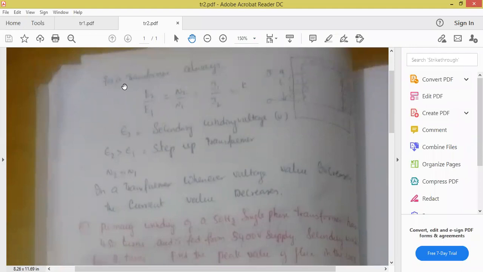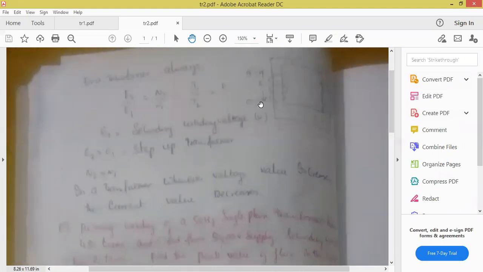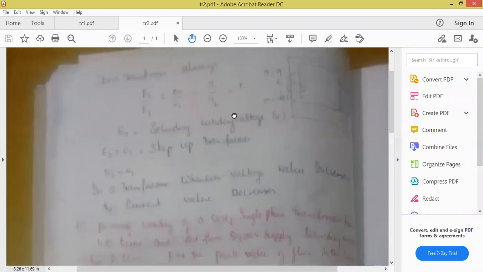Is it visible? For a transformer, I've always written one formula. Anyone, please confirm. Yes, sir. Okay. E2 by E1 equals N2 by N1. So this is the formula here for your understanding. See, these are the windings: primary winding, secondary winding. At the primary winding, I'm having the voltage. That voltage is called E1, or in books they have written V1 also. E1 is the primary winding voltage. Here also E2 will be there, the secondary winding voltage. For a transformer, as a student, you have to remember the shortcut formula, one relation: E2 by E1 equal to N2 by N1.